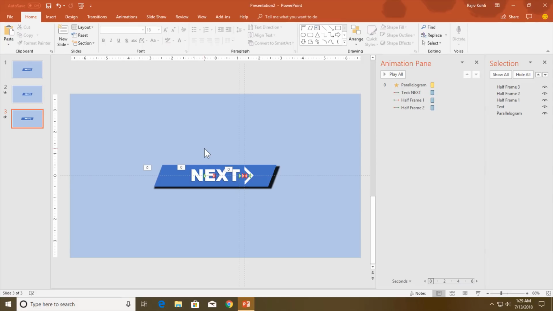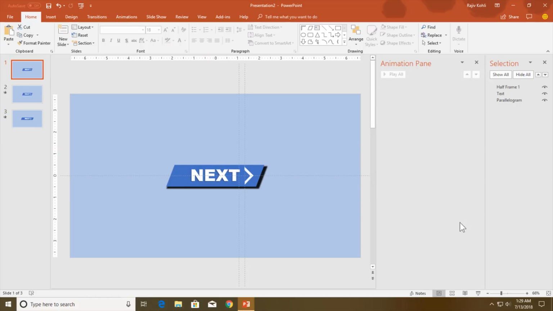One more thing I would like to tell you before I end this presentation, that is, when you see the slideshow, PowerPoint can only show you the mouse over effects once. I mean, as you can see, it is jumping from first slide to second and then to third, but you can't reverse it back to the first slide. So you can't make a loop of this, because that's not possible in PowerPoint 2016 till now.